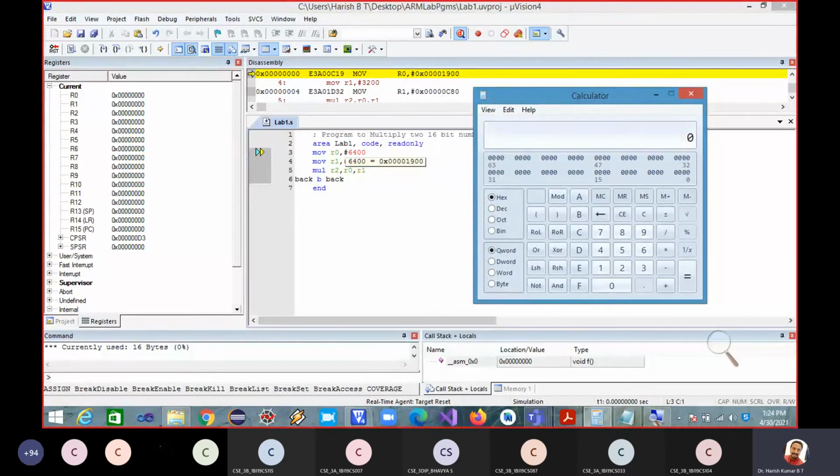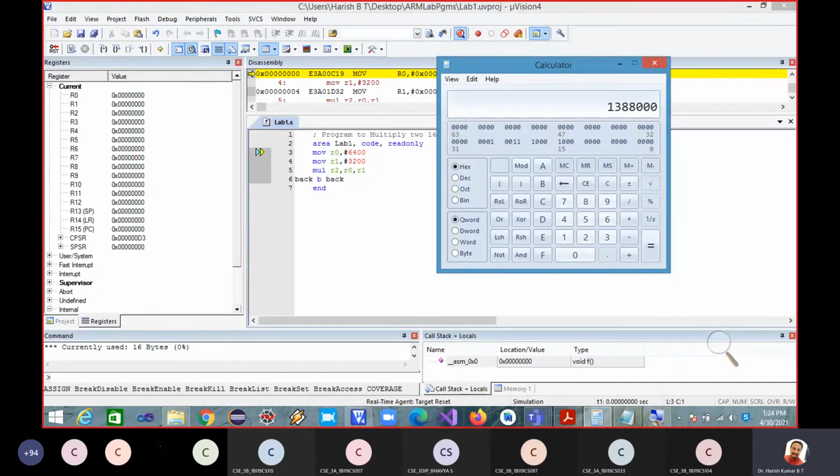These zeros towards the left side are not necessary for us, so we'll ignore them. So 1900 into the hexadecimal equivalent for 3200, which is C80, is equal to, this is what I need to get. The product is this,